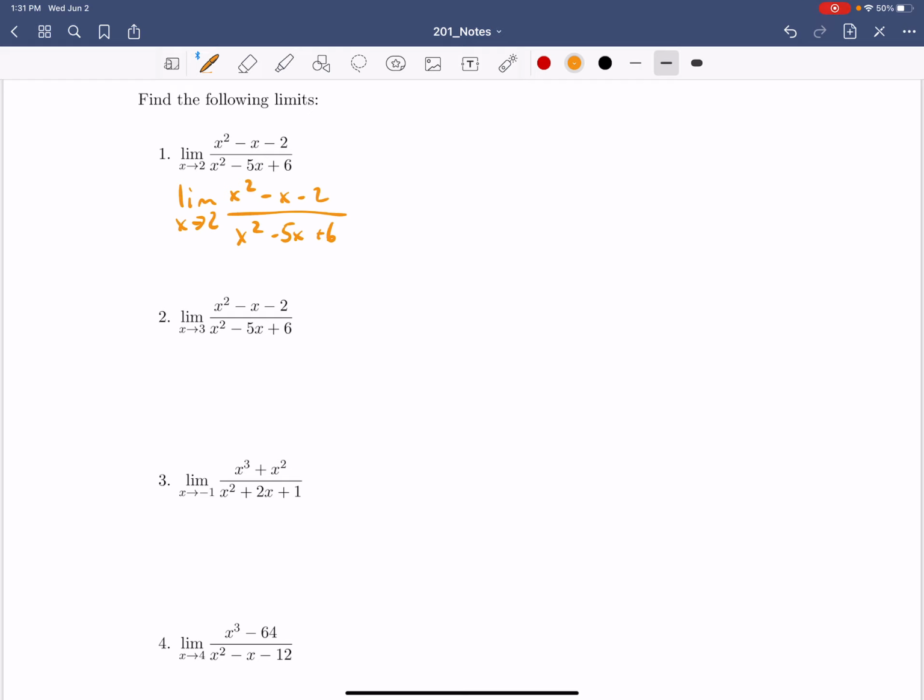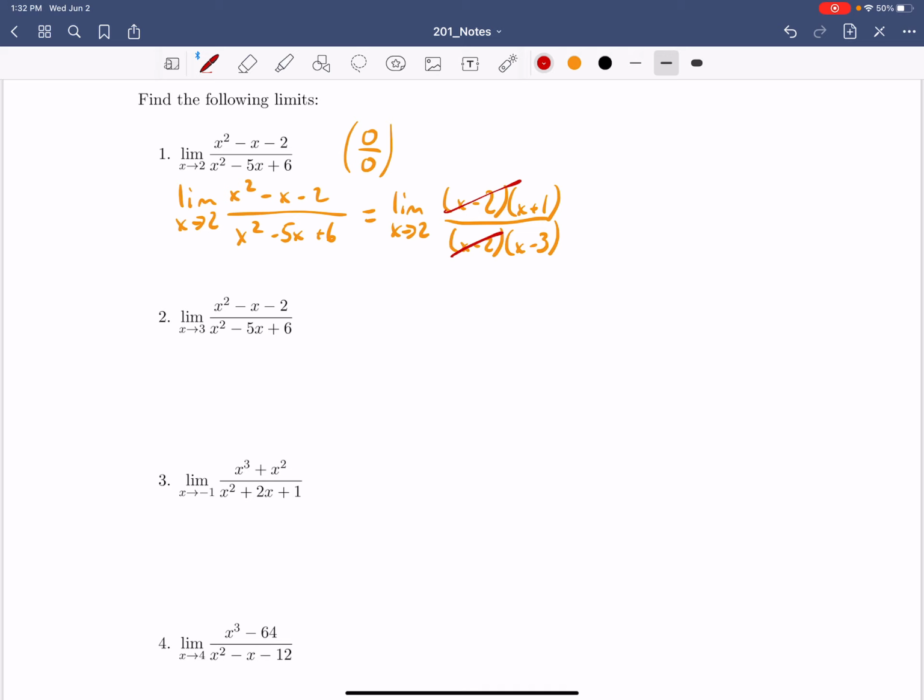Let's see what happens if we do that. Well, we're going to get 0 on the top, and looks like 0 on the bottom, right? Remember, that means we have an indeterminate form. Maybe what we do then is we try to address this indeterminate form by factoring. And if you remember, we've actually done this in class, at least that top part. We've seen that expression before, so we can factor that. And then on the bottom, right, you might notice that we can factor that into x minus 2 times x minus 3. And then, eureka,